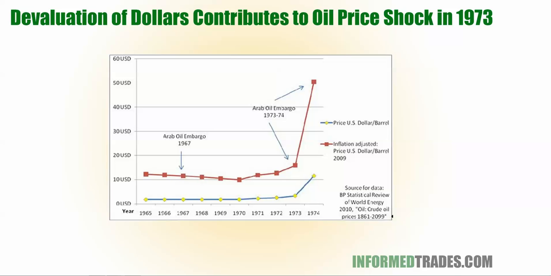So the price of oil went up because, essentially, you devalued the dollar really, so we need to raise the price of oil. And that led to the oil price shock in 1973. You can see it on the screen now. Pretty big increase in the price of oil. So this is directly related to going off the gold standard and devaluing the dollar by inflation in the 60s.